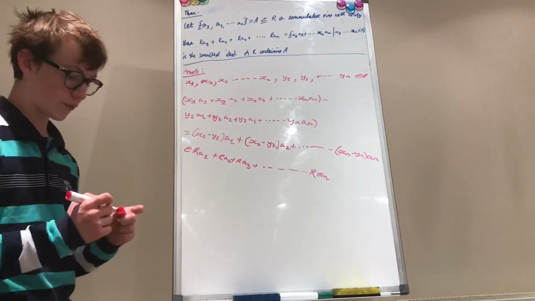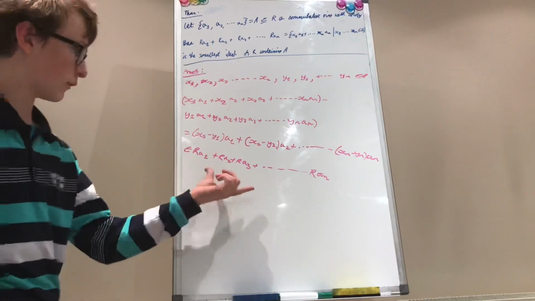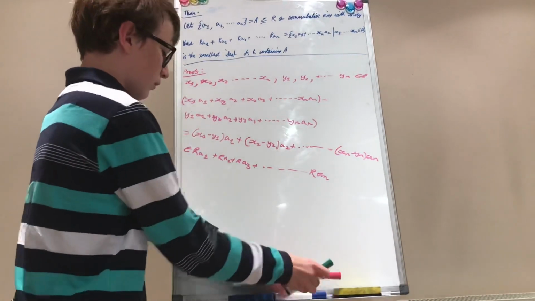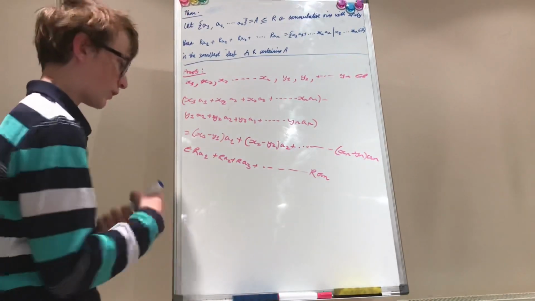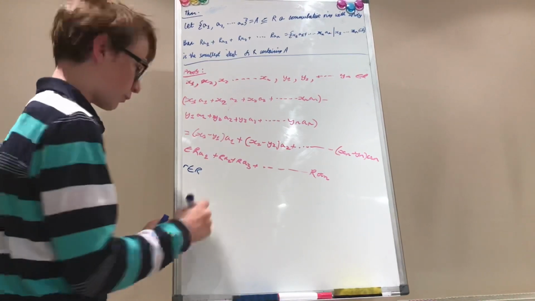So, we see that for all A and B we pick in the ideal, when we subtract them, they'll also be in the ideal, which is one of the axioms for an ideal. Now, we have to verify the second one. So, if we pick R in the ring, and we have